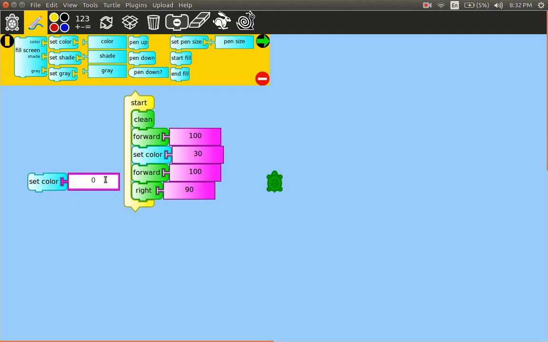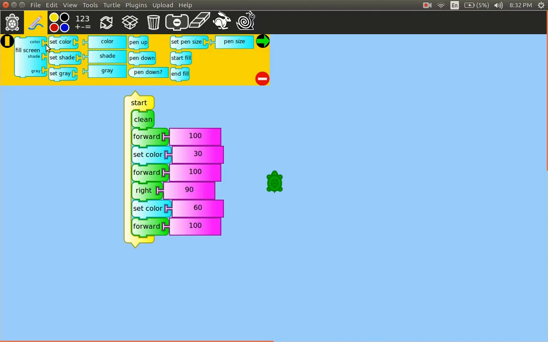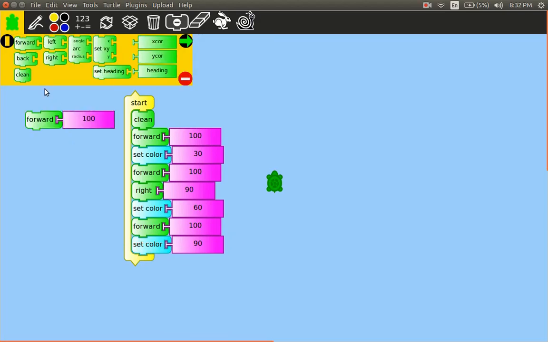add set color command, change the value as 60, add it to the stack, add forward command with default value, add set color command, change the value to 90, add forward command with default value,